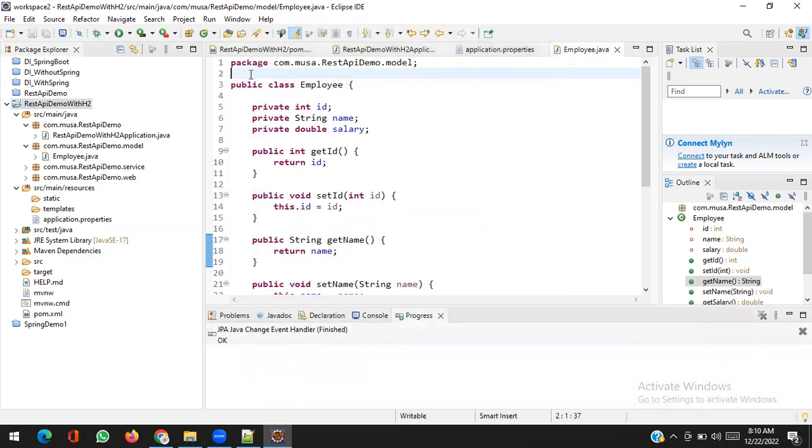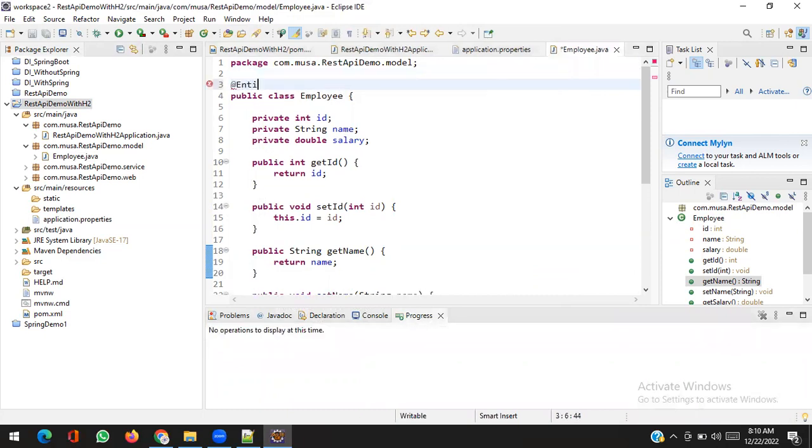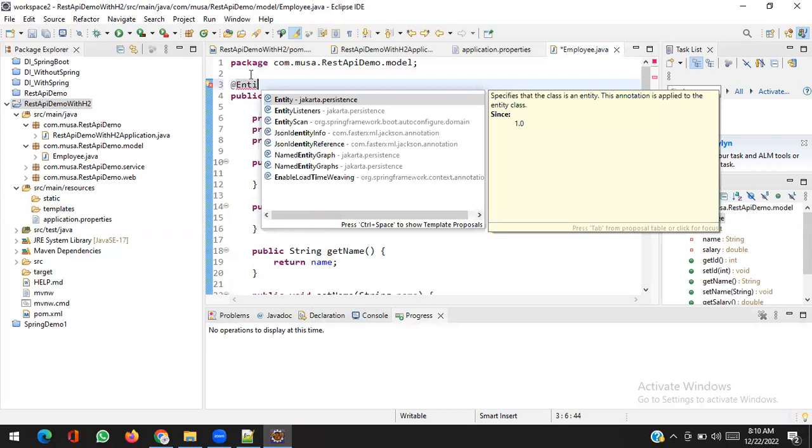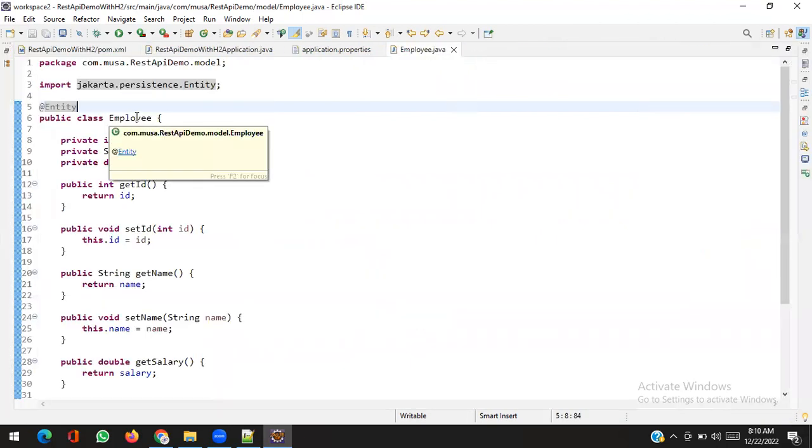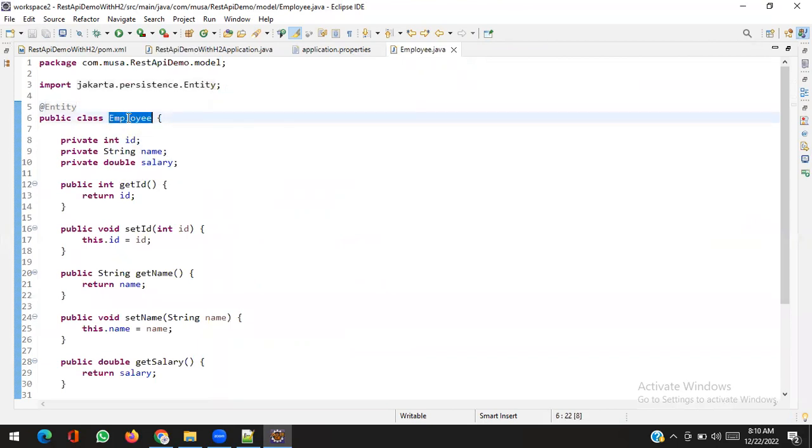Okay. Let me again try to add the entity. Yeah, now it's coming. Entity. As soon as I declared the employee class as an entity, Spring Boot, because Spring Boot has JPA, Java Persistence API capability, will see, oh, this is an entity class. That means we need a table corresponding to this class. By default the table name is the same as the class name, and all column names are the same as the field names. But JPA also says